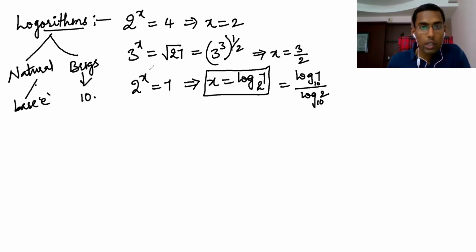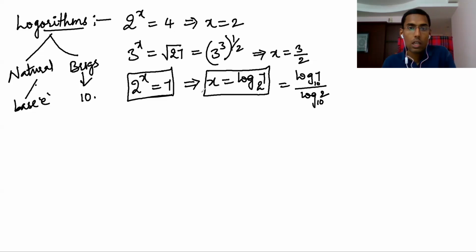Okay, all right. So from exponents comes this logarithm. Here 2 to the power of x equal to 7 implies x equal to log 7 base 2. Then we can write log 7 base 10 by log 2 base 10. And these log 7 base 10 and log 2 base 10 are calculated. There is a way to calculate these values, approximately up to a few decimal places, and that is kept in a logarithmic table, which you can see and write the values from.